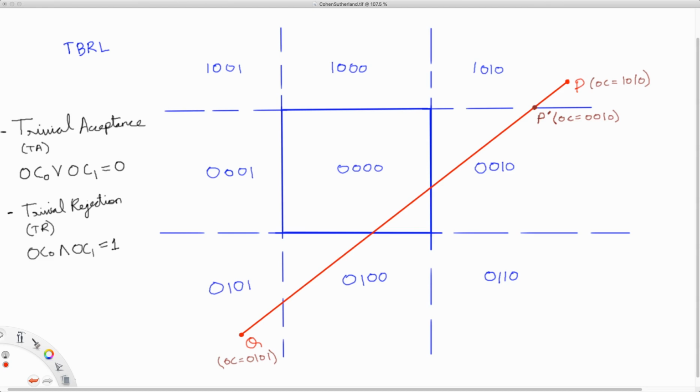Now we check whether we can trivially accept or reject P prime Q, and we cannot do that. Then we must intersect the line with the bottom edge. So we throw away PP prime and we intersect the line with the bottom edge. Intersecting the line with the bottom edge gives us Q prime, and Q prime has this new outcode. We throw away the part of the line beyond Q prime. So every time you are intersecting with an edge, you throw away the part of the line that lies outside